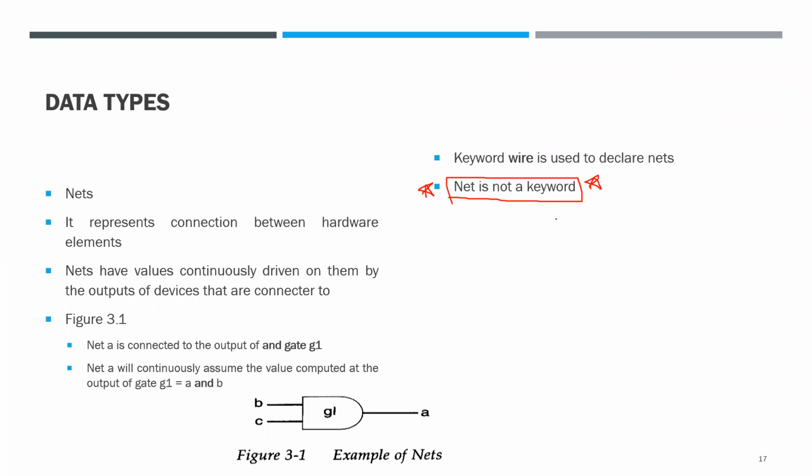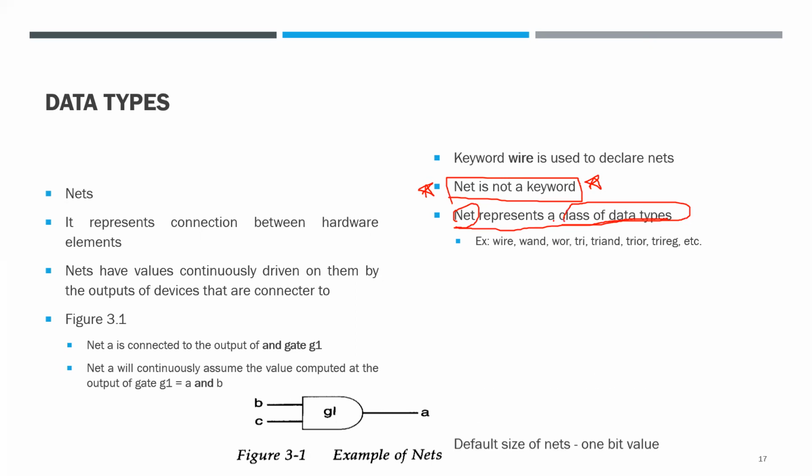So net actually is a class of data type. Under a class, you can have multiple objects, right? In the same way, we can have multiple objects related to net. So net is just specifying that it is a class of some data type. Here, what are the different data types which are present under this? Wire we had already used. Wire falls under net. What are the other elements which fall under net?